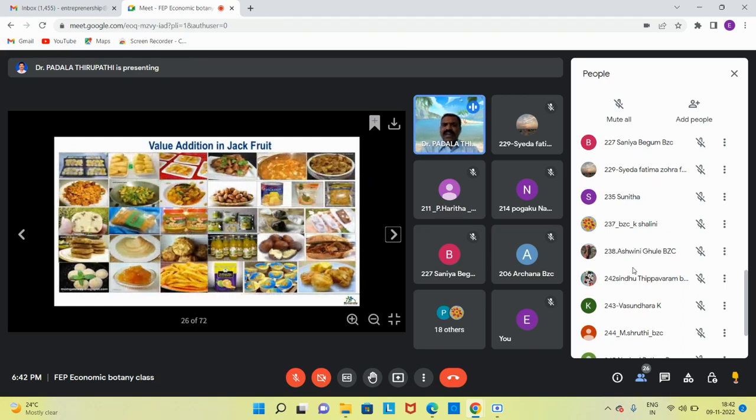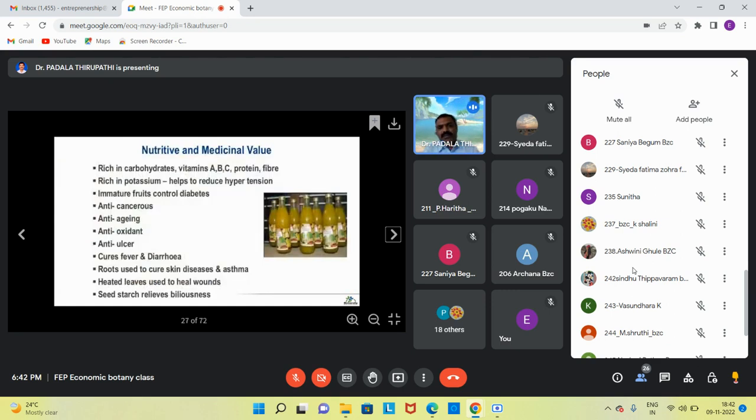Okay, and value addition in jackfruit, my dear friends. How we can give value because of making different food products. So that's why we can give value addition and make it for commercial purposes, and also utilize them in different areas and different schools, making soups, making other food products, maybe chutneys and other food items. And what is the nutritive and medicinal value of this